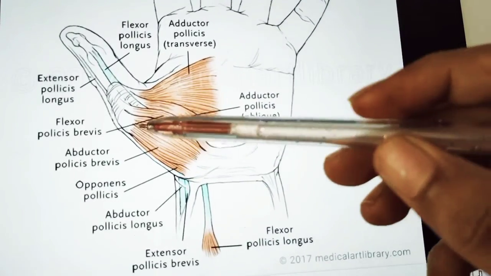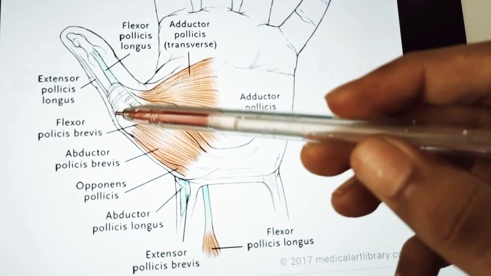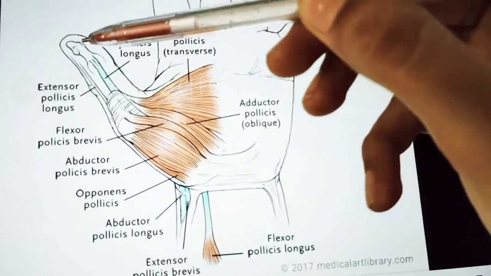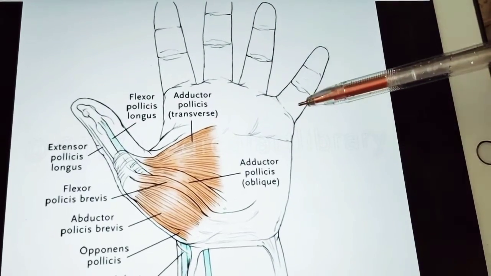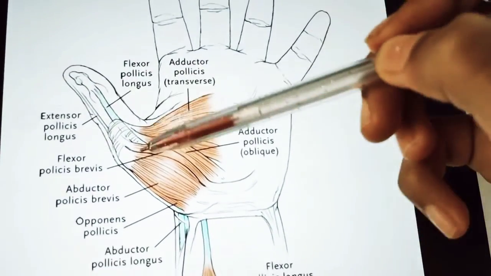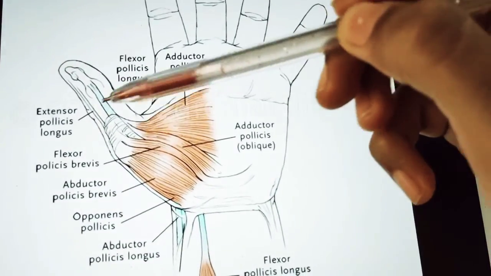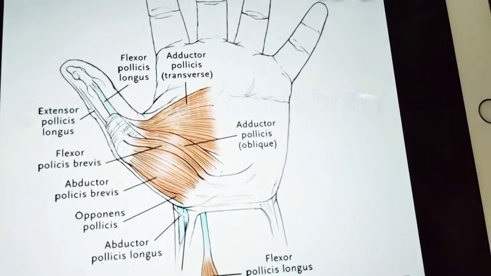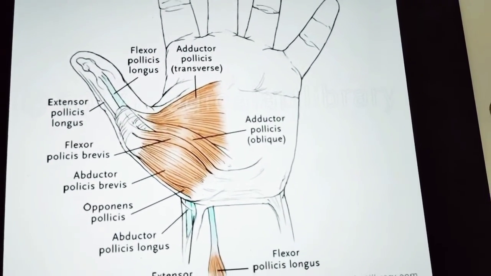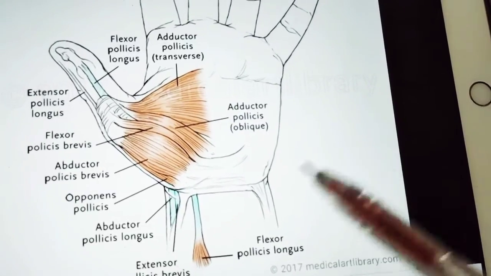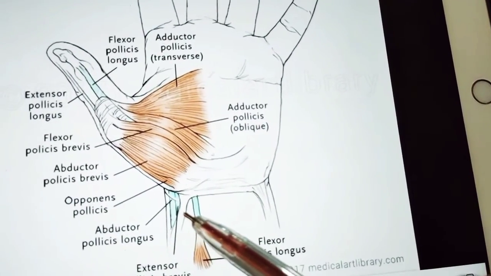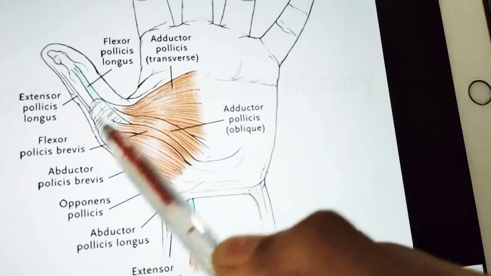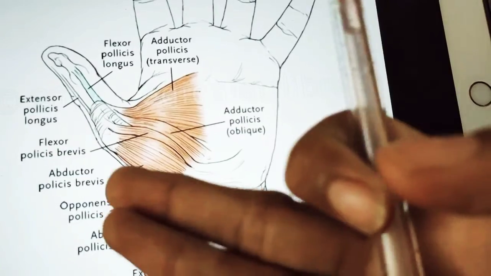From there it is getting inserted into the base of the proximal phalanx. If you know, the thumb has only two phalanges, one is the proximal phalanx, one is the distal phalanx. All the other fingers have proximal, middle, distal, but the thumb has only proximal and distal. So to the proximal phalanx base, here you can see the abductor pollicis brevis will go and give its insertion. So this is about abductor pollicis brevis. It's very simple, because on this side you have carpal bones, especially scaphoid, trapezium, and of course flexor retinaculum, getting attached to the base of the thumb. So abductor pollicis brevis, done.